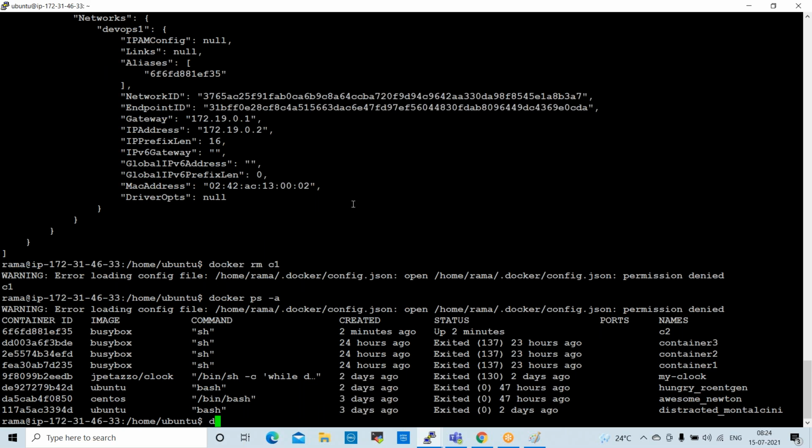The command here is docker run -it --name C1 --network, and which network you want to create it on, DevOps1, then the image name.